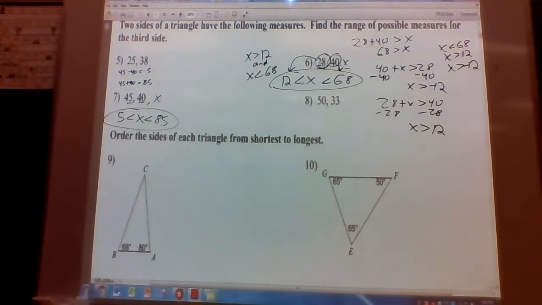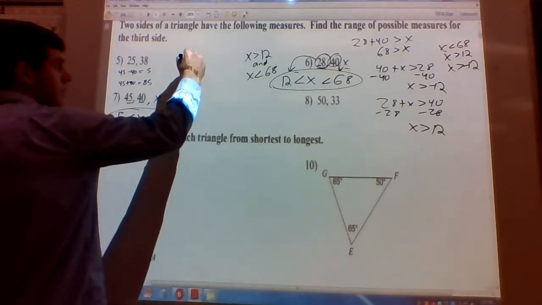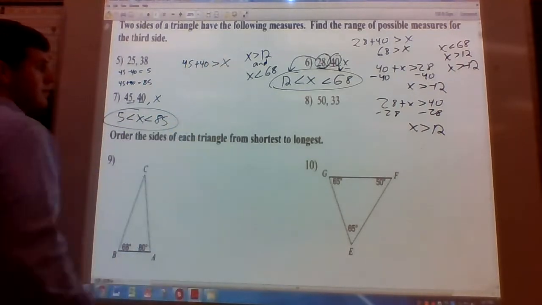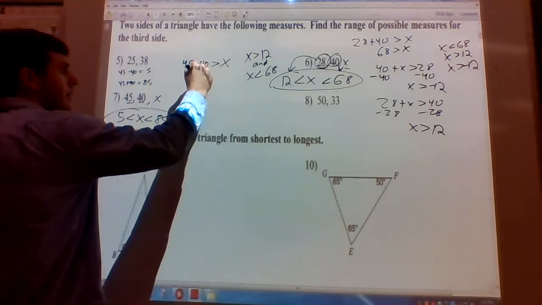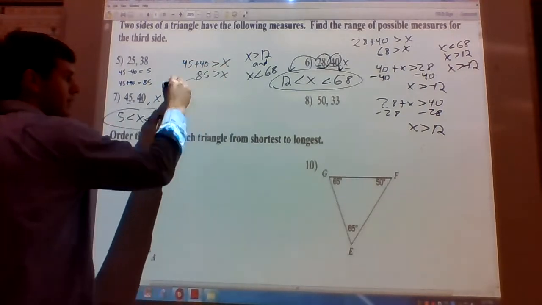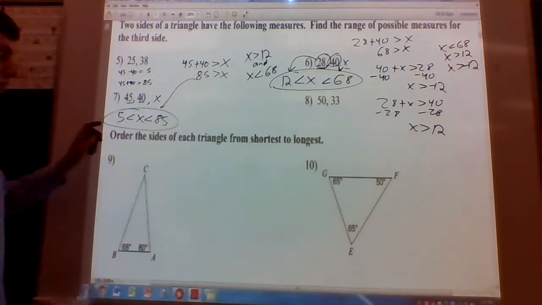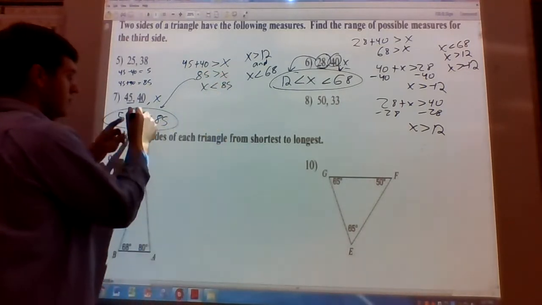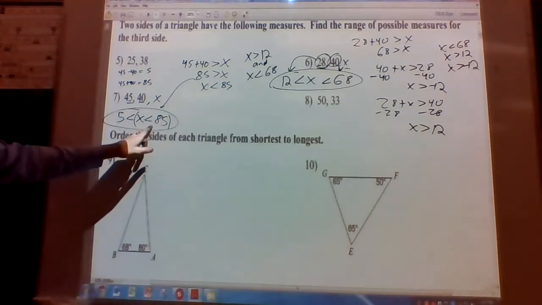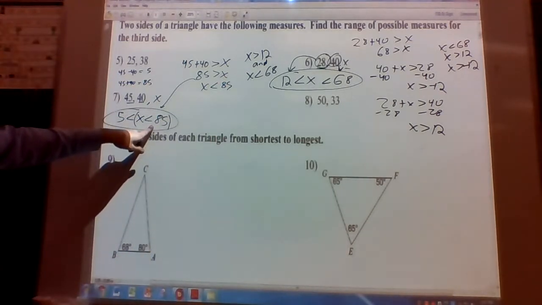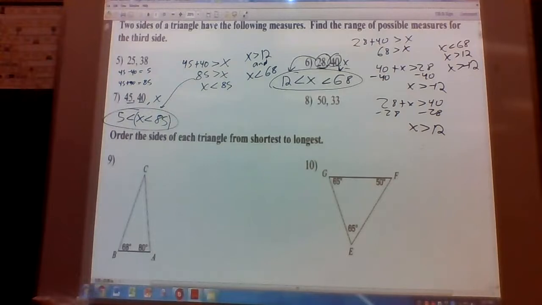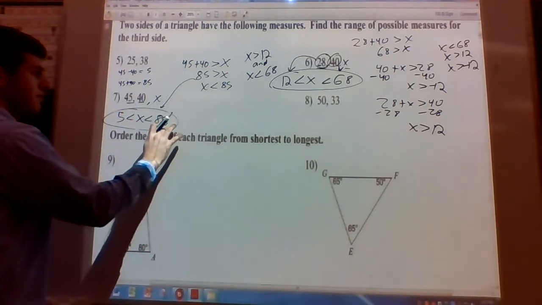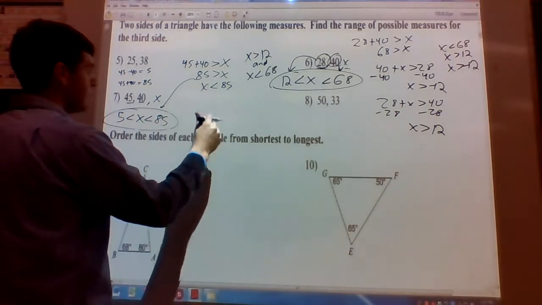All right, and that makes sense because 45 plus 40 has to be bigger than x. Right, so 85 is greater than x, right? And that's right here, right? We just have it written the other way. So if we flip it around the other way, x is less than 85. Right here in this part of our equation, that's where the 85 is coming from, right from our triangle inequality theorem. Okay, and then we have 40 plus x